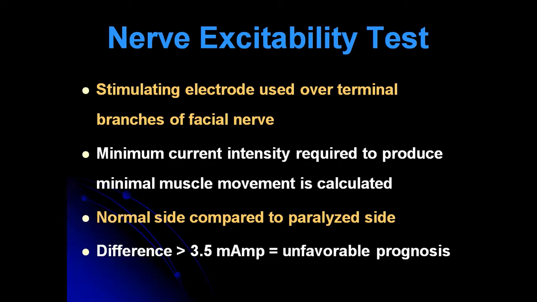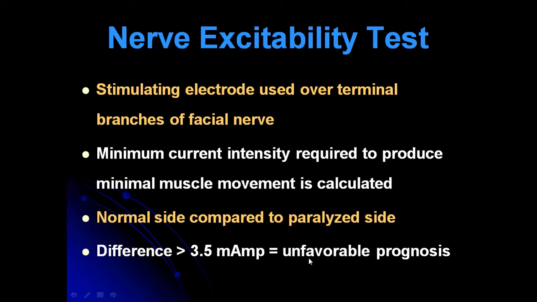Here, minimal nerve excitability test and maximal stimulation test are not that important, whereas electro-neuronography and electromyography are very important. Electro-neuronography helps us to see in 2 weeks, electromyography helps us to see in 3 weeks. The concept I'll try to tell over here is the minimal nerve excitability test. You have to see the twitch and compare on both sides. If the difference between the currents on both sides is more than 3.5 milliamperes,